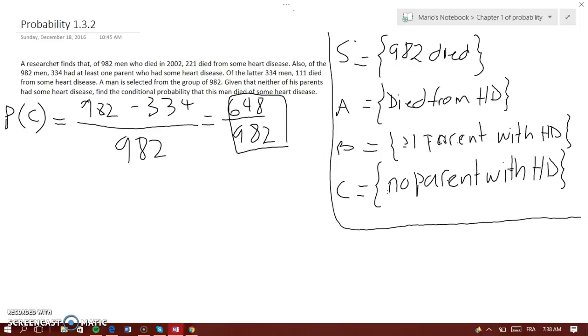So basically this one is asking about the probability of B or C in the section A. But in this case it's different because we know the probability of no parents with heart disease. But here, the probability of men who died, so died from heart disease,